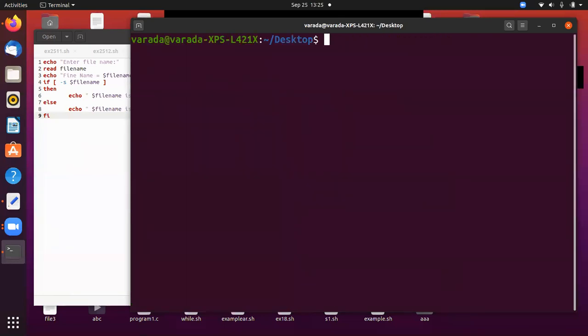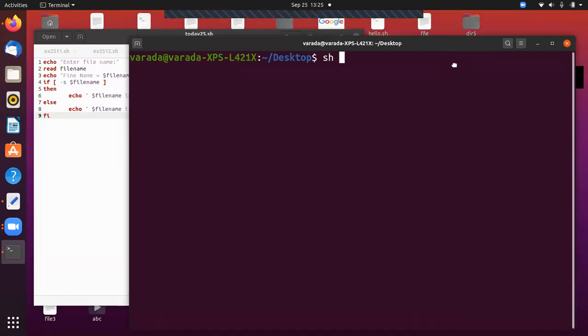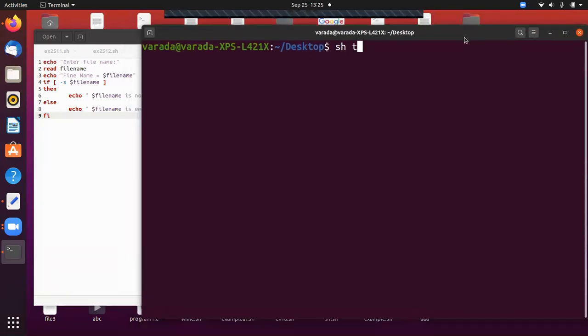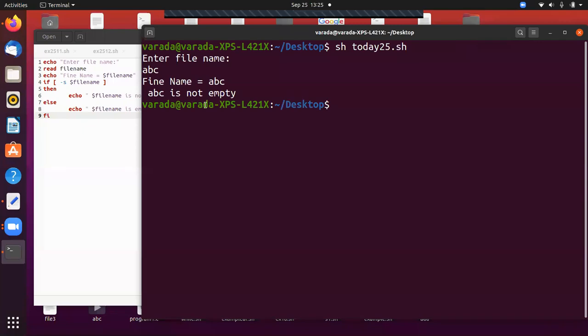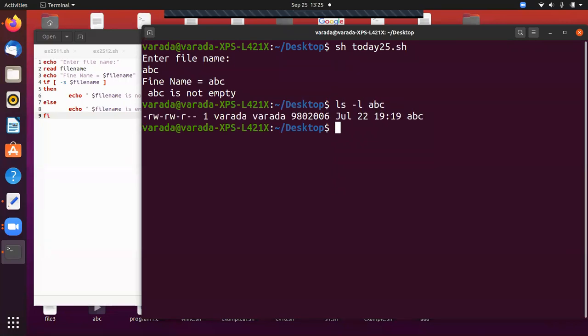So now I give sh. What's the program name? The program name is today25.sh. Enter file name. If I give ABC, then it prints ABC is not empty. Why? ABC has some size, so it contains some data, so it is not empty.